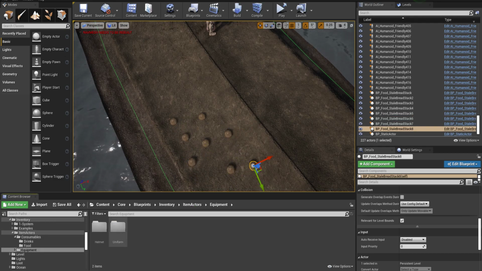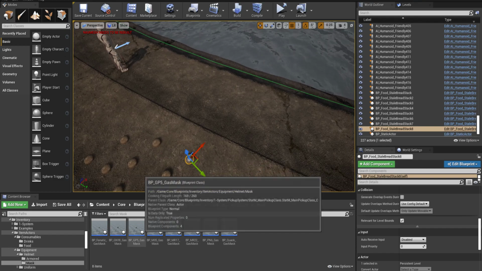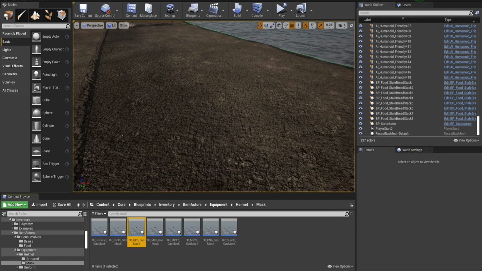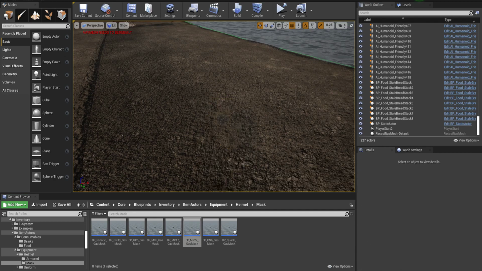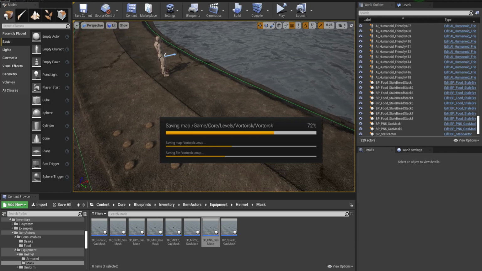And I believe he also wants equipment, helmet, mask, and he wants a... which one of these? Not you. GP5, no. No, no, no. Yes, he wants one of these. I'll drop two in case one of them gets picked up by this guy. And